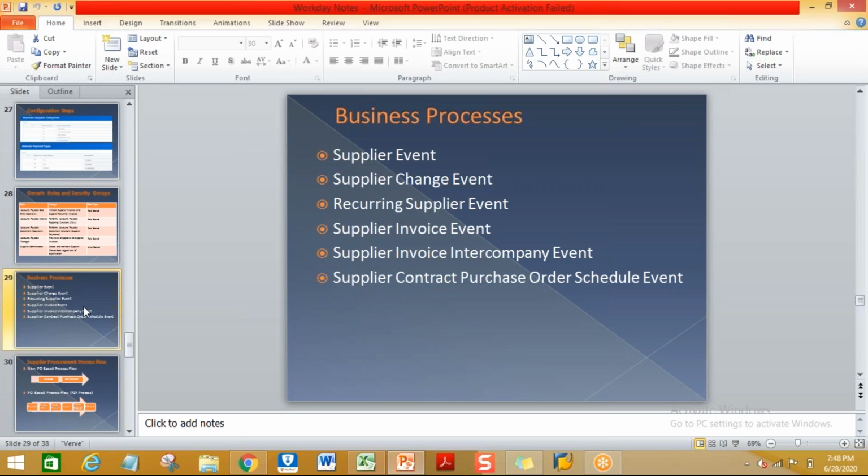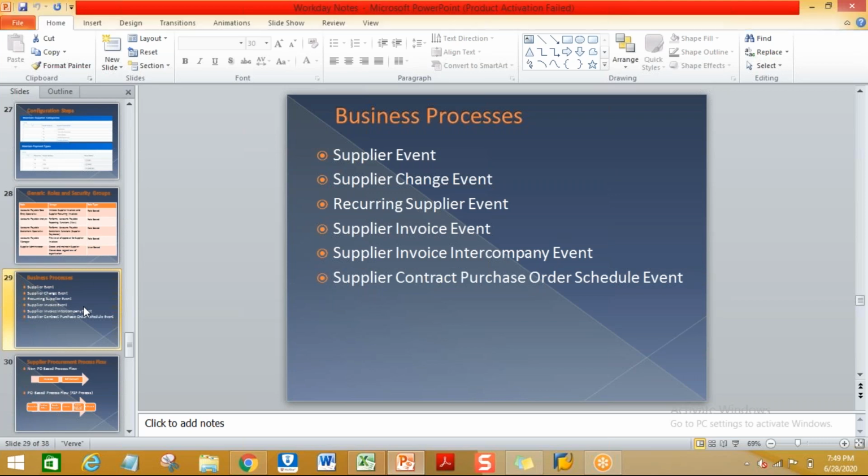Let's say you are posting a supplier invoice. If you are posting a 10,000 amount, two or three levels of approvals. Beyond 10,000, there should be certain levels like controllers or senior managers' approvals. If you are making the payments, only the controllers or the senior managers will make the payments, like that.